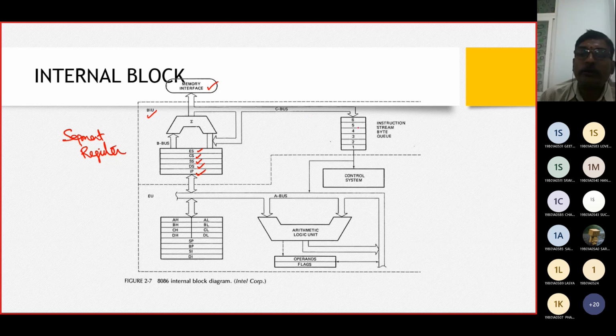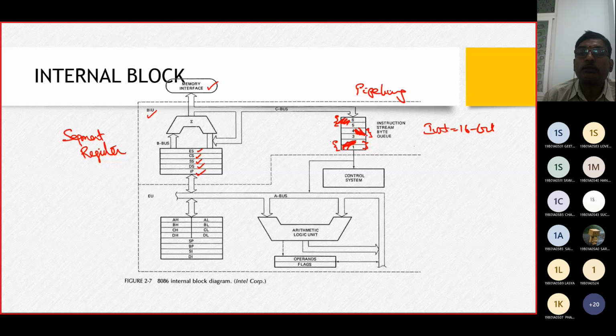Then we talked about the instruction queue. So in 8086, an instruction is going to occupy 16 bits. So now first part of an instruction, second part of an instruction, and third part of the instruction. So 3 instructions will happen. So we call it pipelining. Then we have the